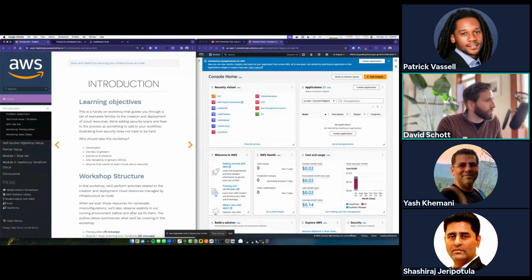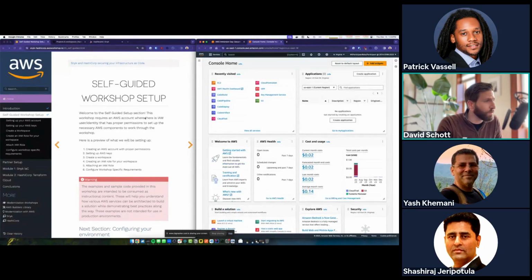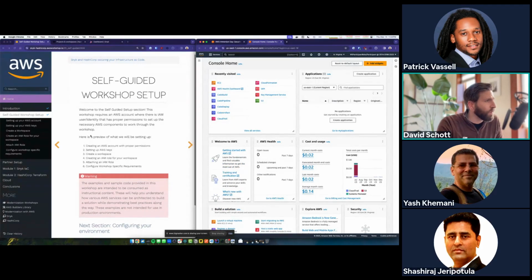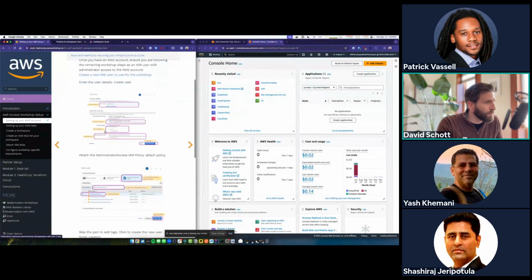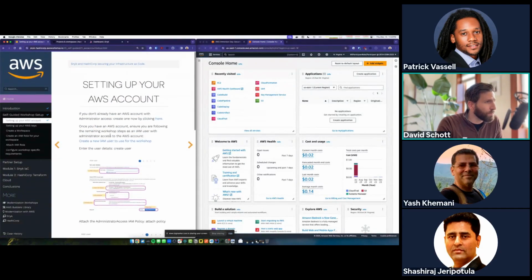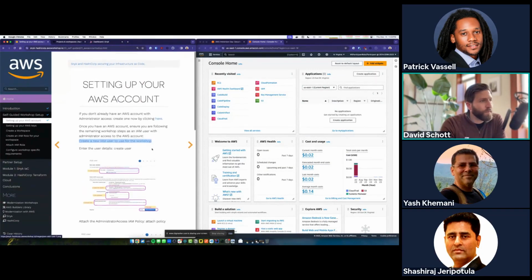So let's go to the self-guided workshop setup. This is where we're going to be setting up various things in our AWS account. So the first one here, setting up your AWS account, I believe we've all already done this, but once you're in the account, what we need to do is create an IAM user for this workshop.